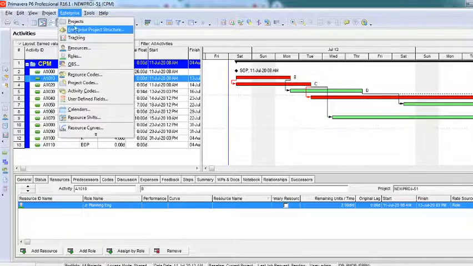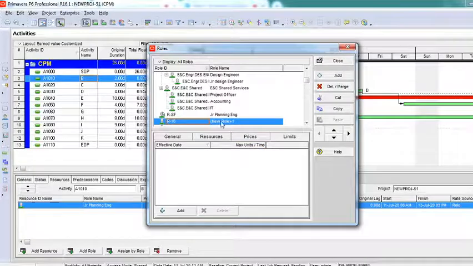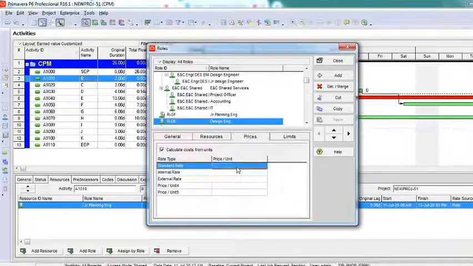I'll click on enterprise. I'll go to this option called roles. I'll say add. I can change the name and also the ID. This time I'm making it design engineer. Alright, just to ensure that there might be lots of design engineers, so I'll just change this to DE. So if you want, you can just go on, add what roles they have, who resources and all. I'll just add a cost here, say 1200 per day.